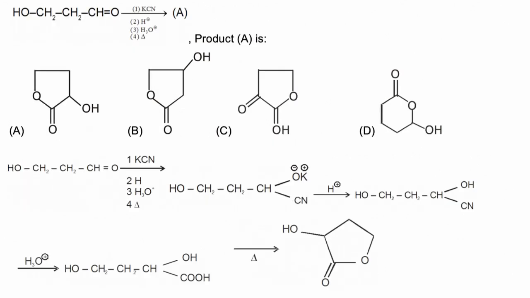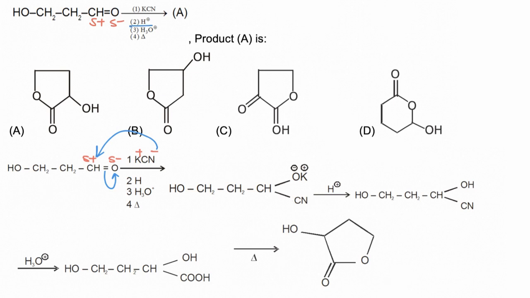In this question we have to find the product of the following sequence of reactions. Now this molecule has a carbonyl group, which has partial positive and negative charges. Now CN negative acts as a nucleophile. So the nucleophile will attack at the carbonyl carbon. Simultaneously the carbon-oxygen polar bond electrons are shifted towards oxygen. So O negative and CN is formed.